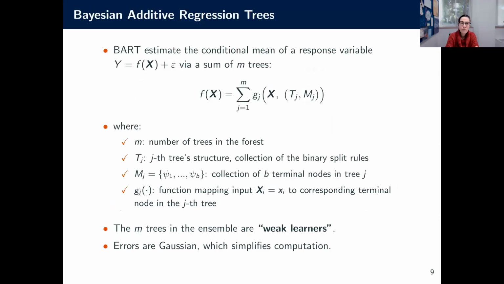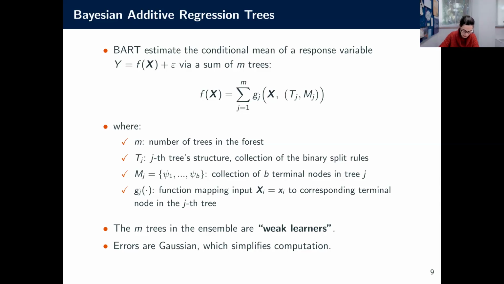So instead, what people do is they try to model the response variable as the sum of many of these trees, like 100, for example, plus some error. And the nice thing about this is that each tree is what's called a weak learner. So each tree describes a little bit of the variability of the outcome, but together these trees give you something that is much smoother. It can capture quite rich patterns of response,